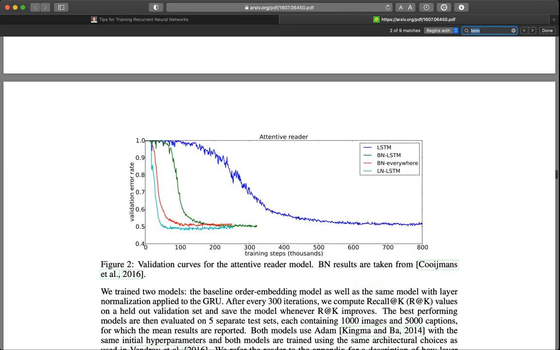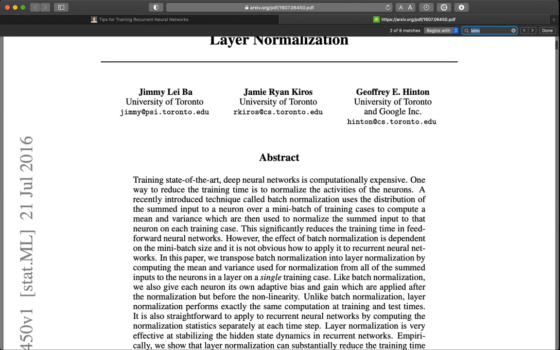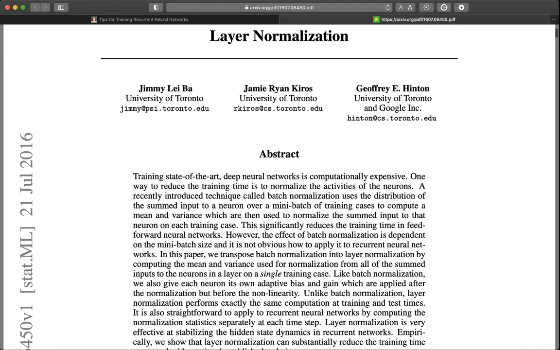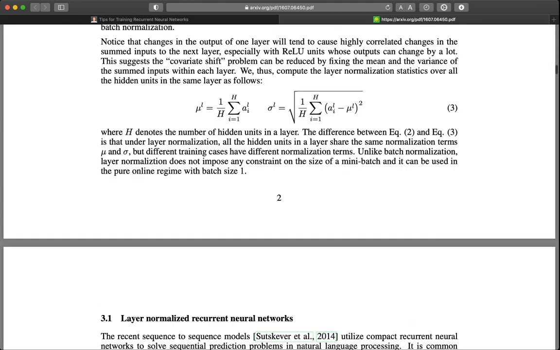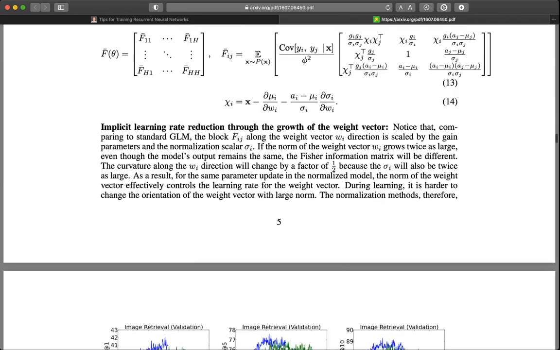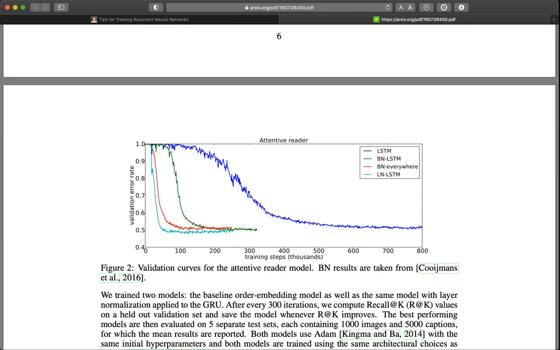So when they invented layer norm, I think layer norm was in general invented before group norm, and I'm not sure about the order, like 2016. They specifically say that if you add layer norm to all linear projections in LSTM, you get quite cool results. Basically, you can see that, for example, here on some of the steps, the convergence is so much better